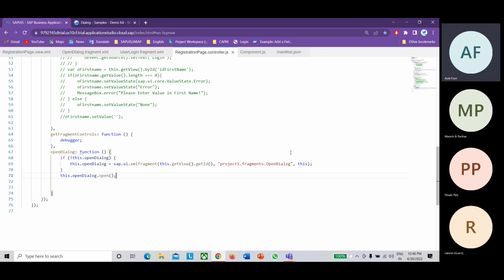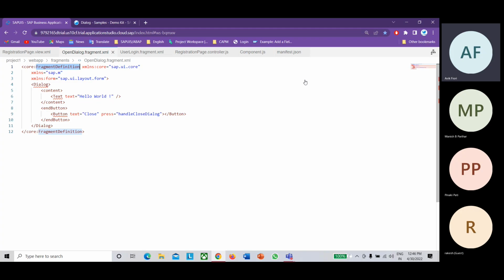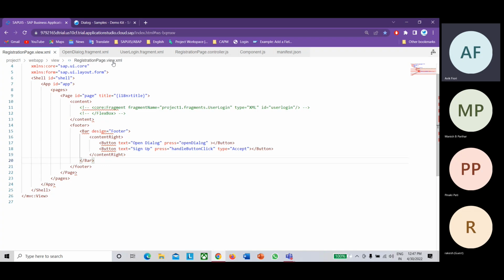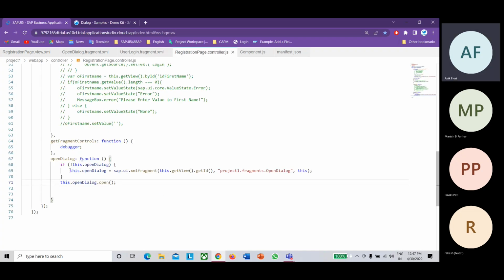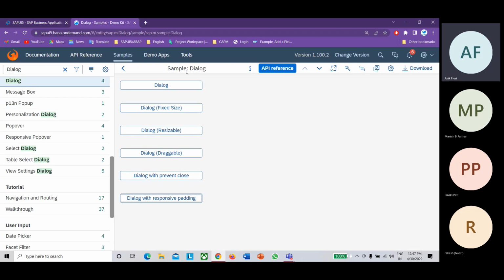As soon as your fragment file is loaded, it will return the content of the dialog. For opening the dialog box, we have to call the open method. That content is available inside this.openDialog, and then we call the open method of the dialog box, and it will open the dialog box.